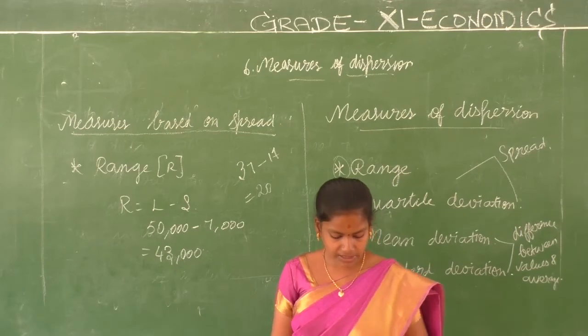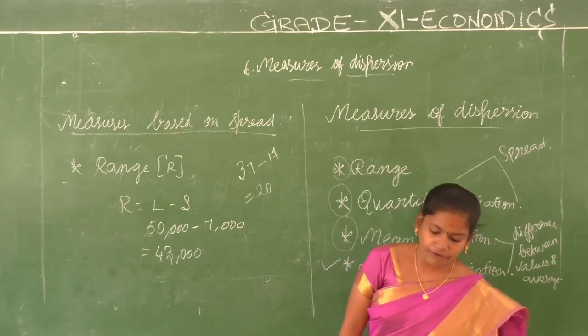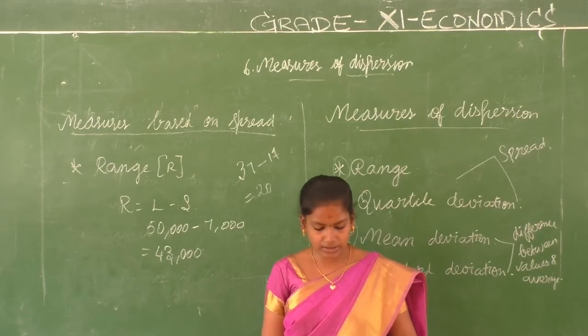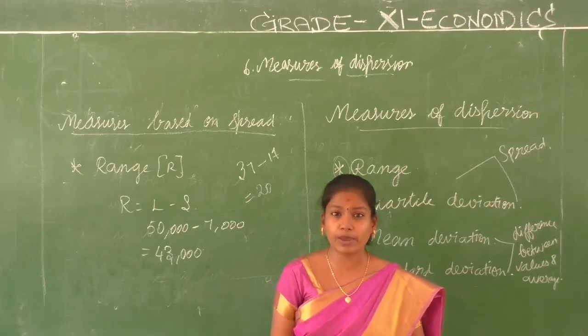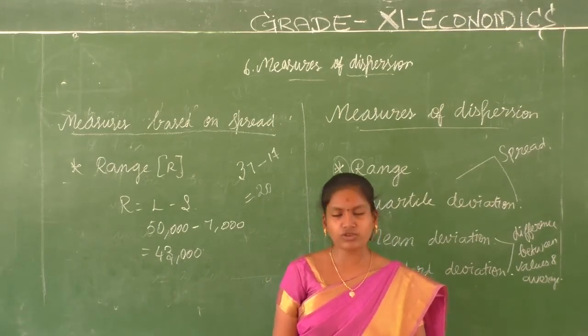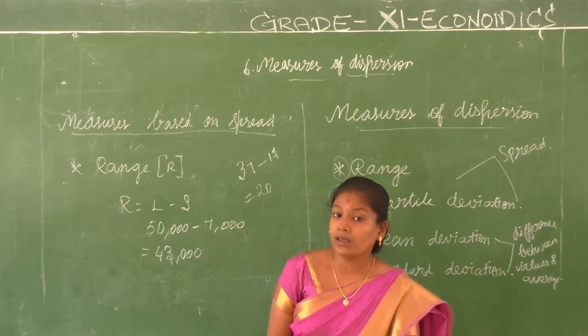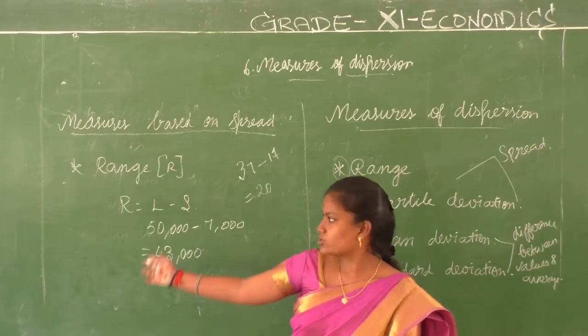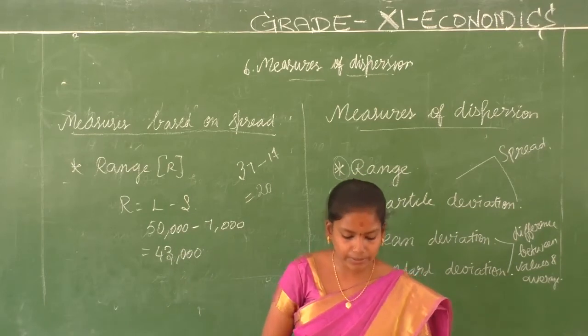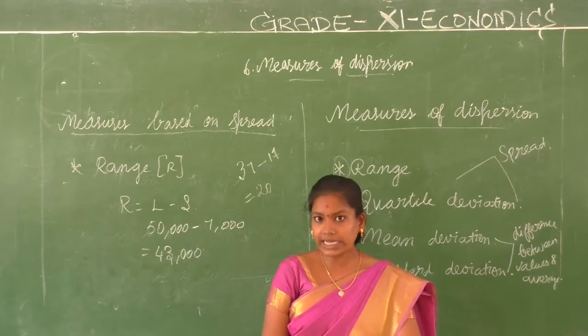What is the activity they have given? Collect data about 52-week high or low shares of 10 companies from a newspaper and calculate the range of share prices. You can try it just to go with a range. But again I am telling you it's a deleted question. For knowledge purpose we are dealing with this.